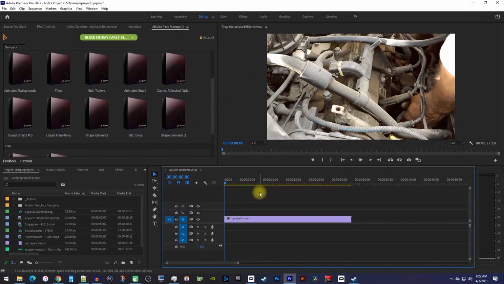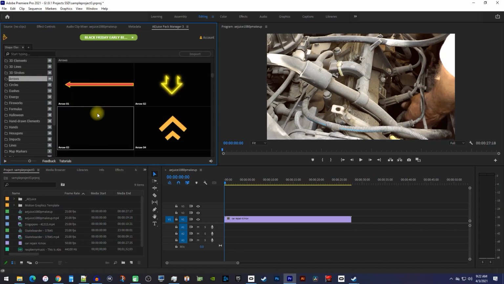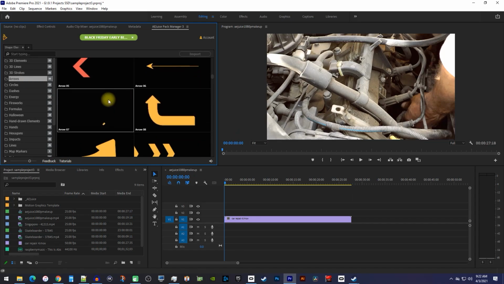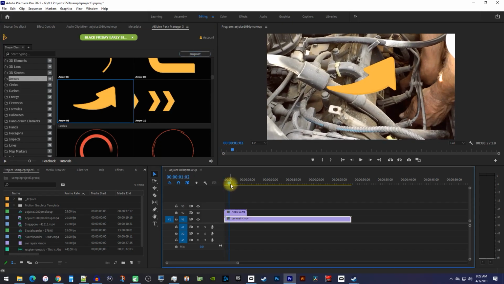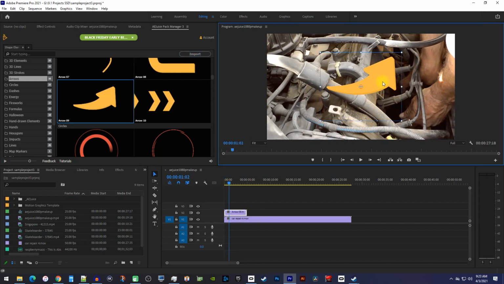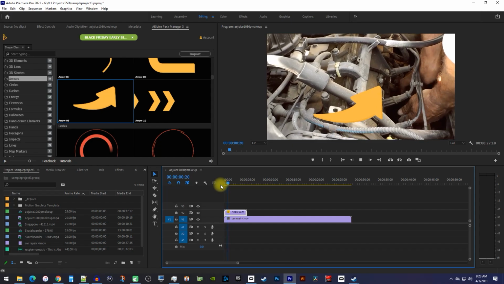Okay, next let's look at this car repair video to see how the AE Juice Bundle's Shape Elements packs can make your how-to videos way easier to follow. These two packs have hundreds of unique animated shapes, but for now, let's take a look at the arrows since I want to point to something in this car. Okay, I like this one, so like before, I'll import it, and then I can simply double click it in the preview to move it so that it points at this bolt in the video. Alright, now my viewers would know exactly what I was talking about in my video.